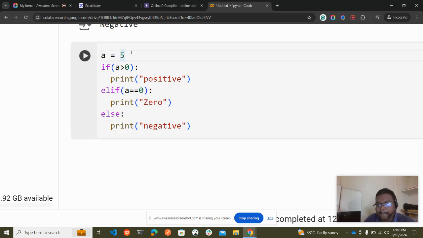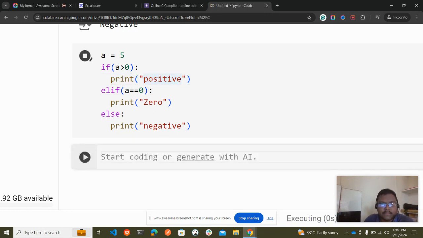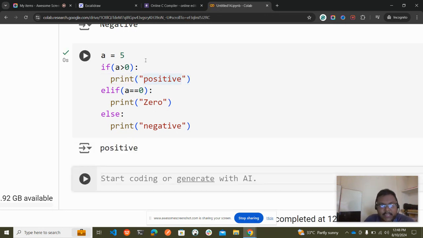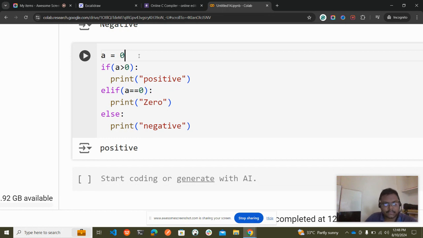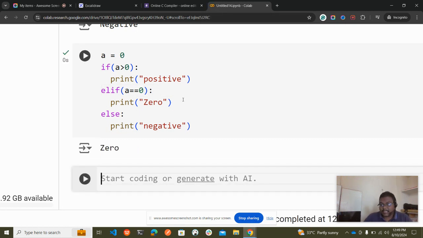Now a is equal to 5, which means it will check the if condition first. It will replace a with 5. So 5 greater than 0 means true, and we'll get the result printed. Let us run. So we got positive as a result. For example, if a is equal to 0, let us trace it again. Now a is equal to 0, 0 greater than 0, false. Now it won't execute this block of code, but it will execute elif. When it comes into this elif, it replaces a with 0, which means 0 double equal to 0, which means true. Now it will print 0. Let us click run. So we got the result as 0.